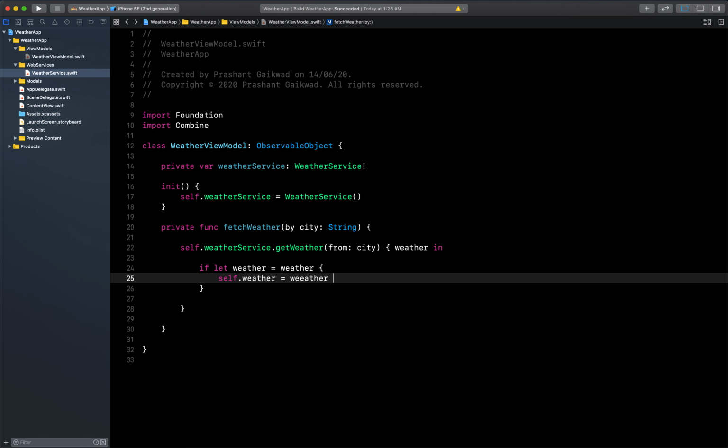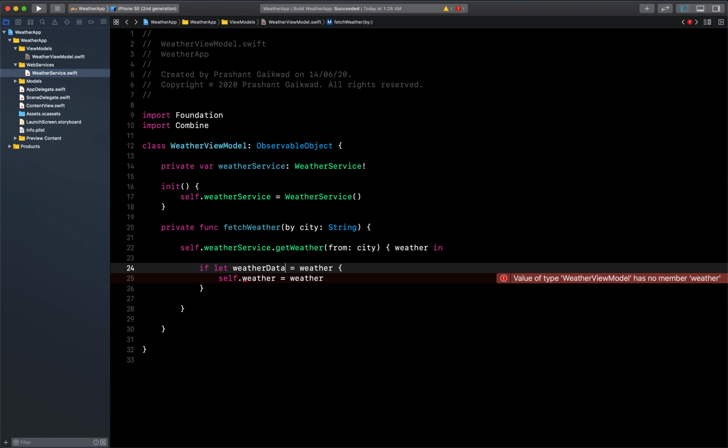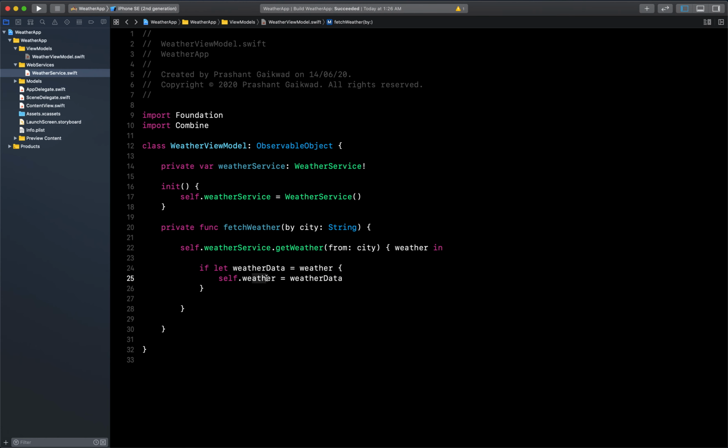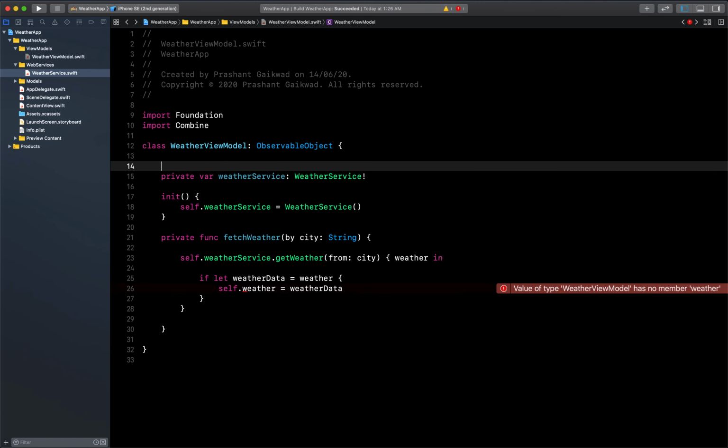But here we'll get one error as we don't have this weather in our view model. So let me rename this a different way so that you will not get confused. Weather data here, so we need this property in our class so that we can pass that to our view. So for that, let's create that first at the top.